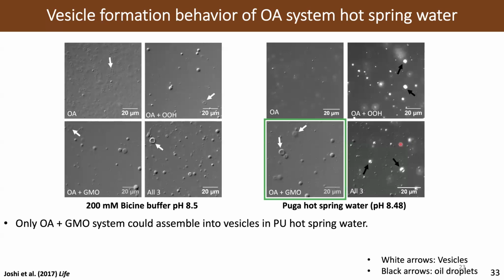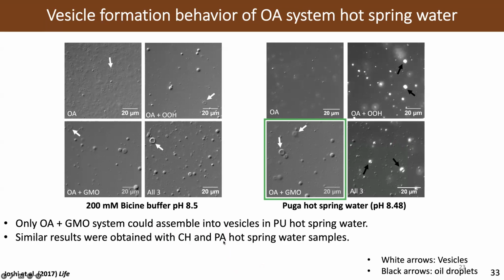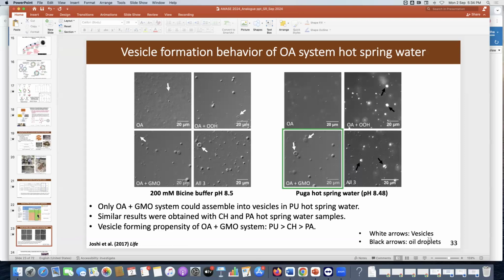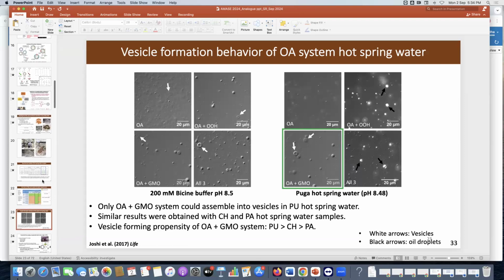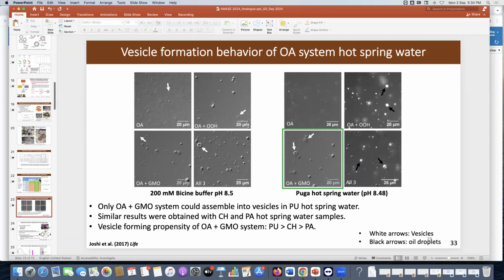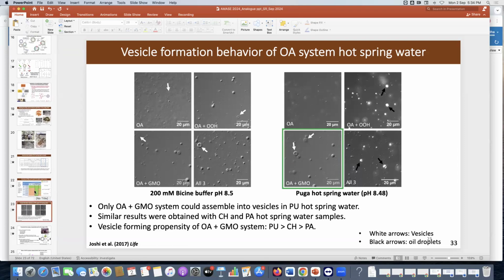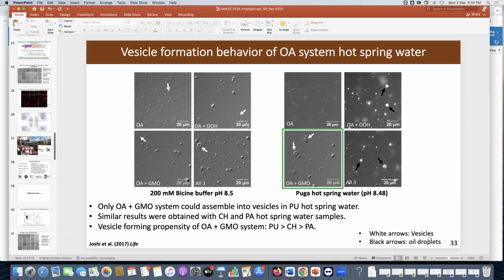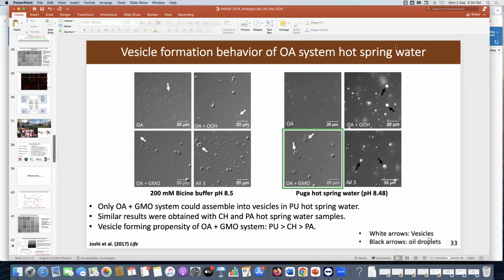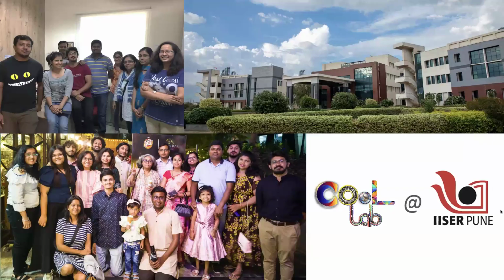So hopefully the story has left you with this understanding of why analog hot spring samples are super important for us to better understand reactions that we're interested in. There's a whole bunch of other things I can tell you, but for now, suffice to say that while you're there, kindly appreciate that it's extremely important to appreciate a whole bunch of geological processes that impinge on the chemistry that's possible in these niches.